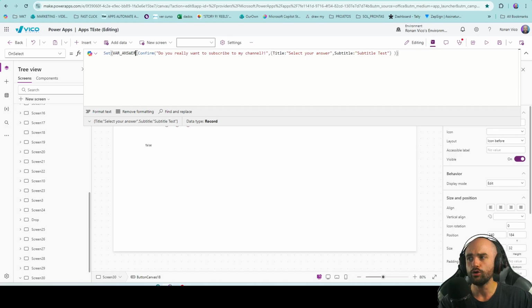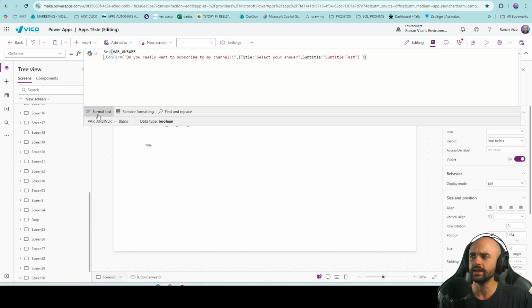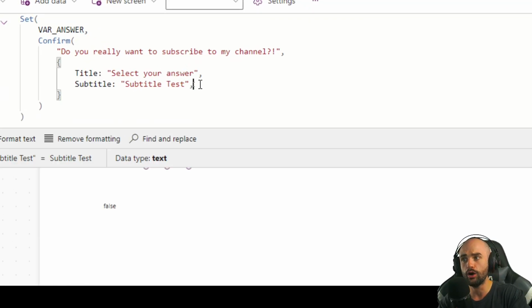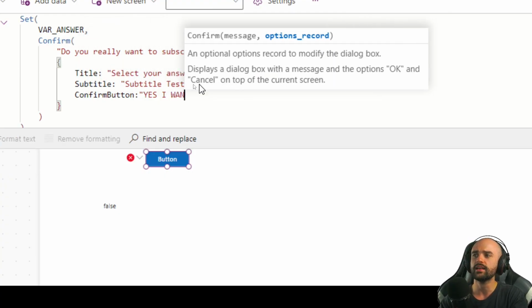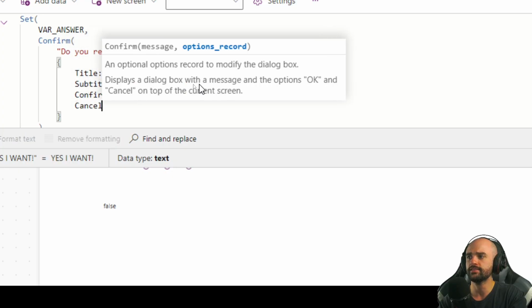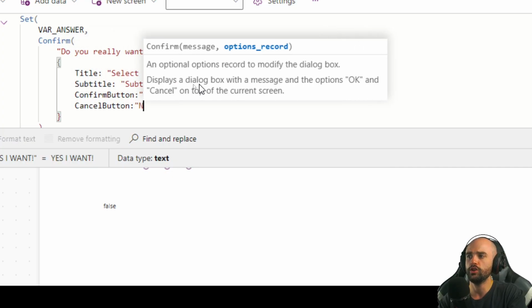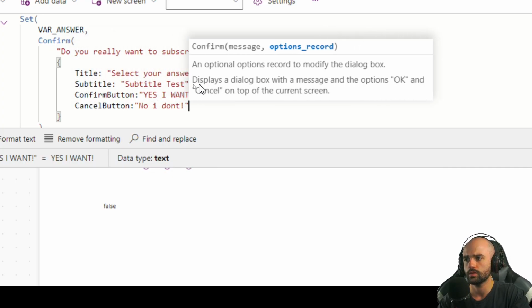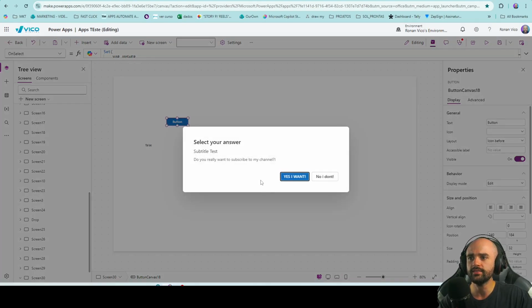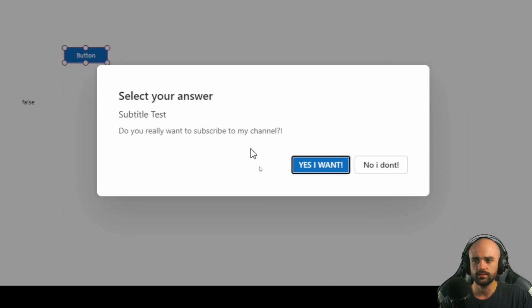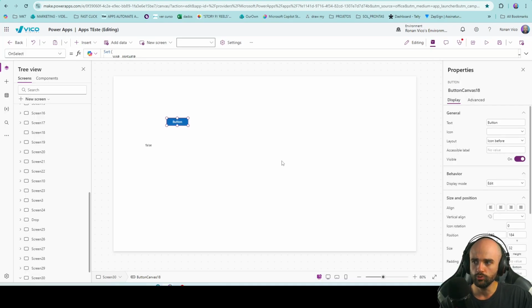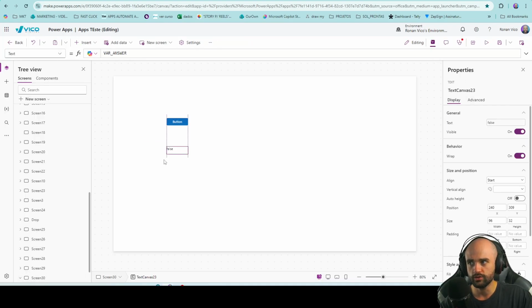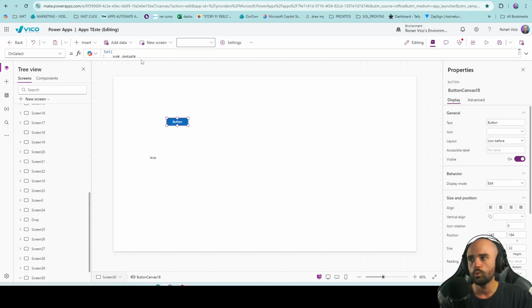We can also change the confirm button text. So, yes, I want, and the cancel button to no, I don't. And now we can see all the text was changed. Something that you can do instead of using the variable, it was just a test so you can check the answer, how it works. We know now